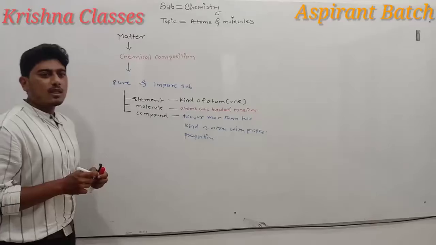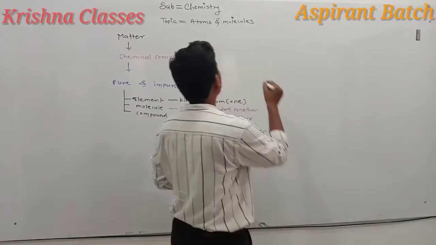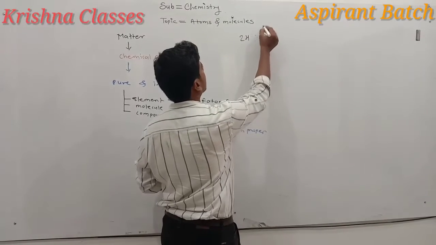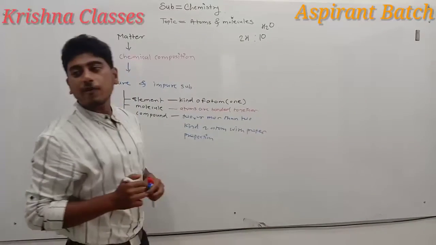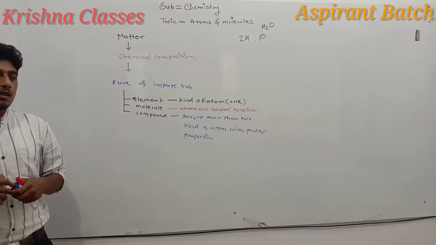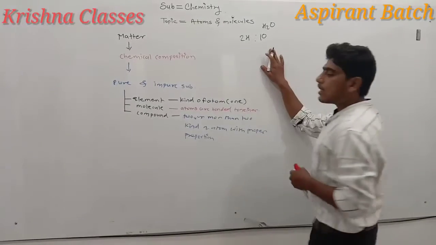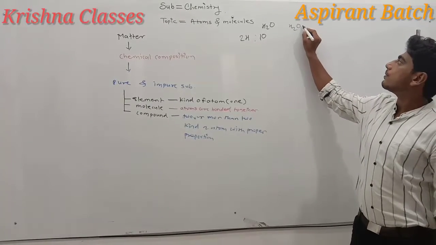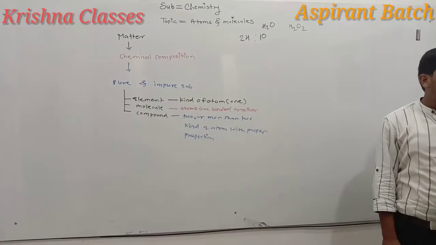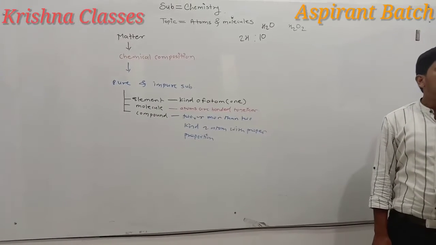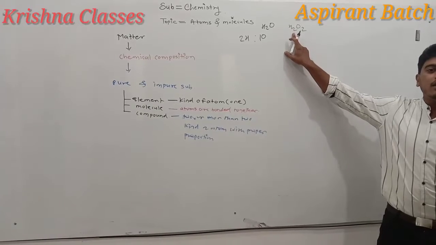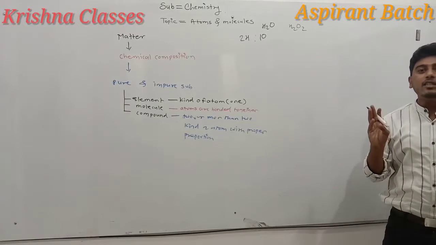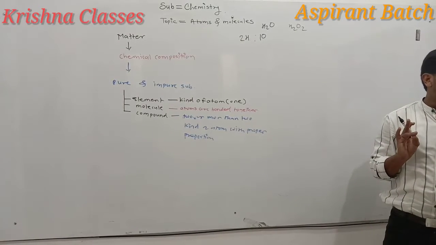We know that in water there are two hydrogen and one oxygen atoms present. That is H2O, the very specific formula of water. If we change the number of atoms in this compound, just like H2O2, the chemical composition of this matter changes. Due to the change in chemical composition, the chemical reactions which take place with this compound also change. That is, the physical properties and chemical properties of the substance change.